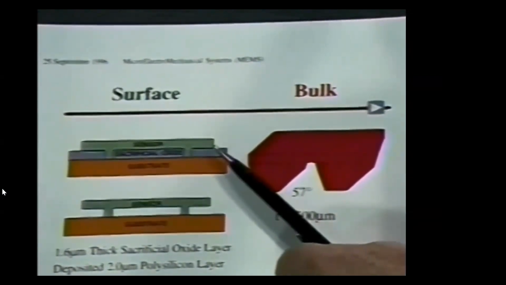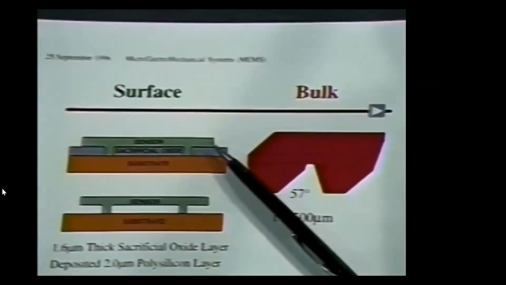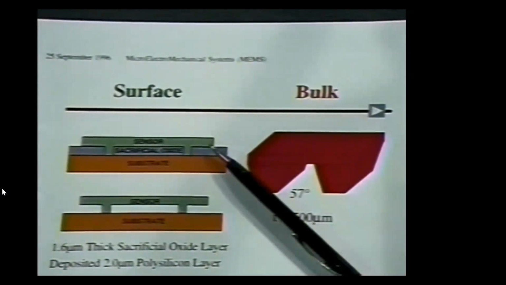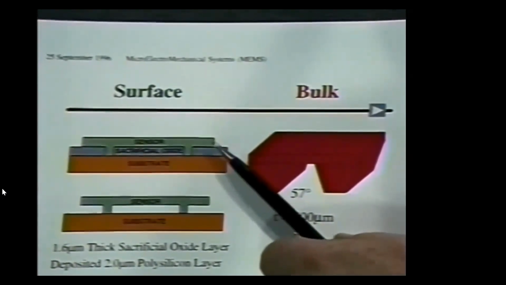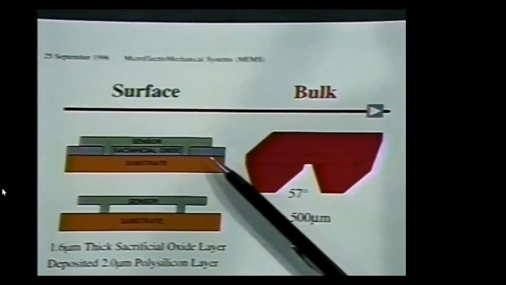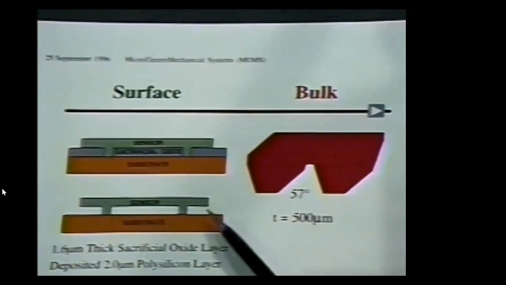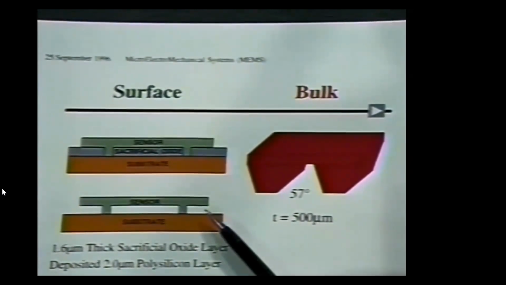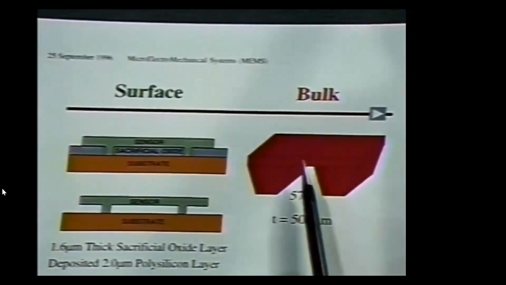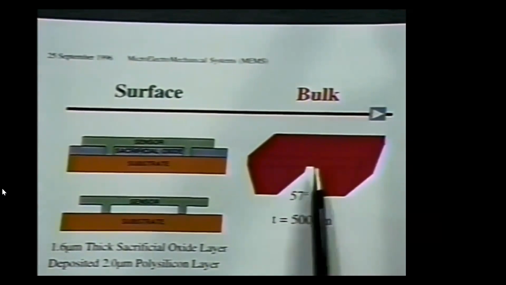First is a sensor layer, which I've labeled here in green, which is a polysilicon layer, and designed in our case too, and in most surface micromachining, to provide the active element, the moving part, or the actuator in a MEMS system. It's usually been placed in the process on top of a sacrificial layer, which in the latter part of the process is etched away to leave a freestanding structure as part of the overall system. In bulk micromachining, the silicon substrate is typically etched through from the back in most devices, leaving some sort of membrane